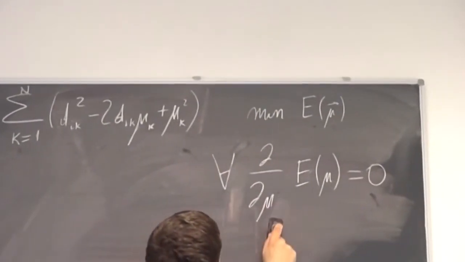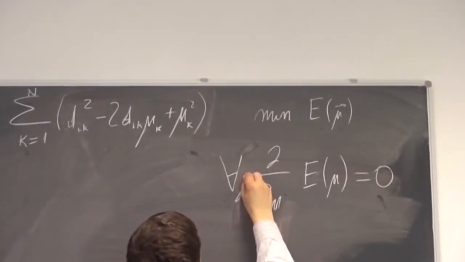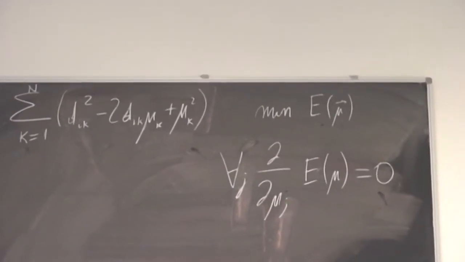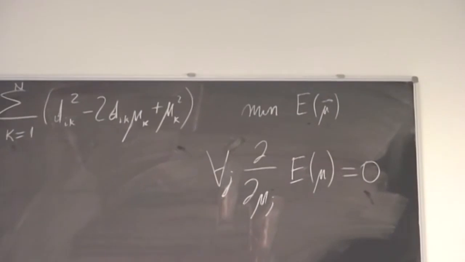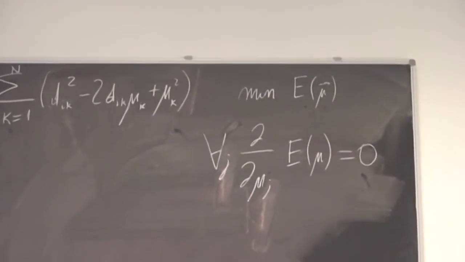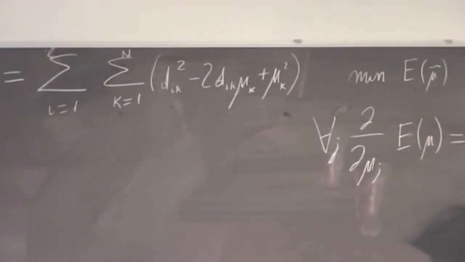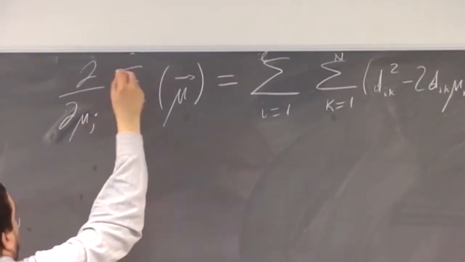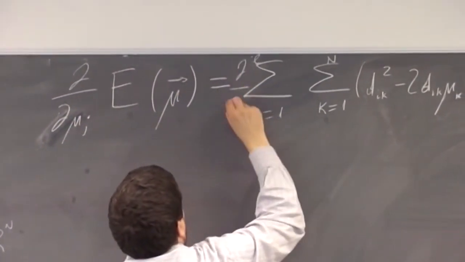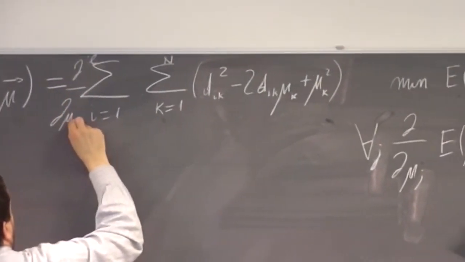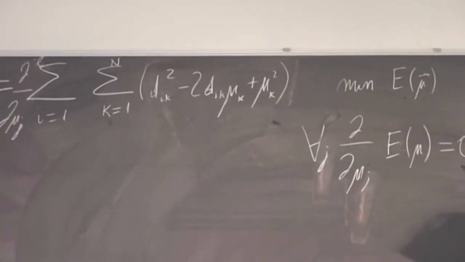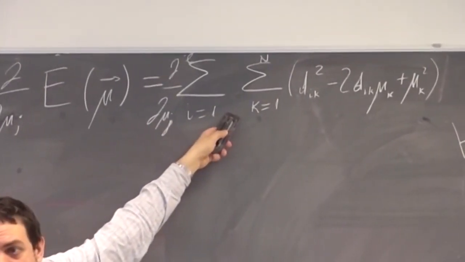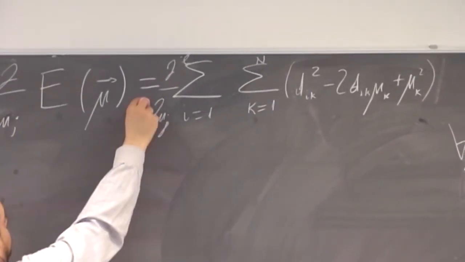Next, let's call j the index with respect to which I derive. So, of course, the derivative with respect to mu_j can go inside the sums. So finally this is